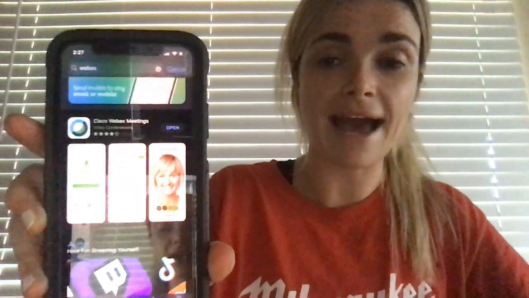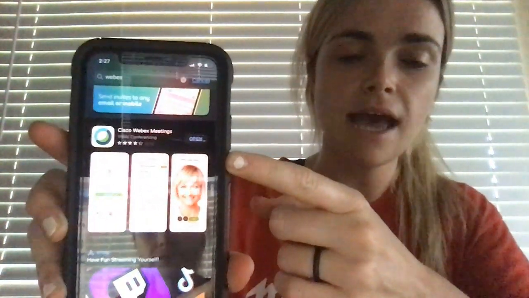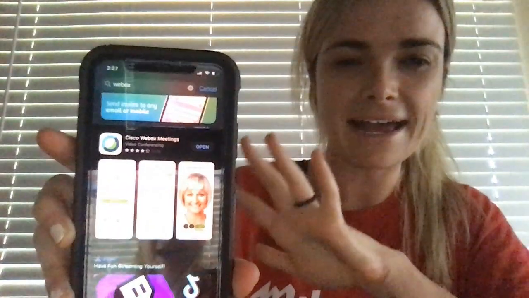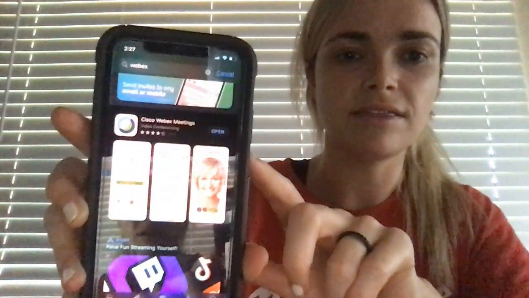Okay, so the first thing that you're going to do is go to your app store, and it is called the Cisco WebEx Meetings. I have an iPhone, so I'm not sure exactly how it looks on an Android, but it is called the Cisco WebEx Meeting, and it is a free app. So once you get the app downloaded, this is what the app looks like. You're going to go ahead and open it up,